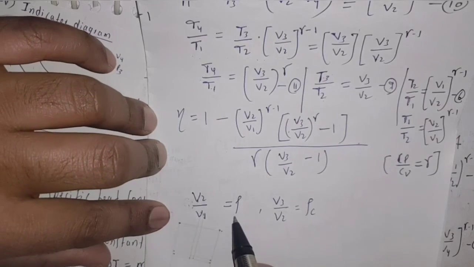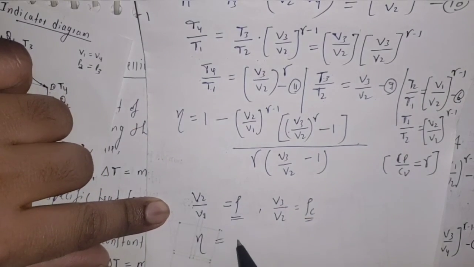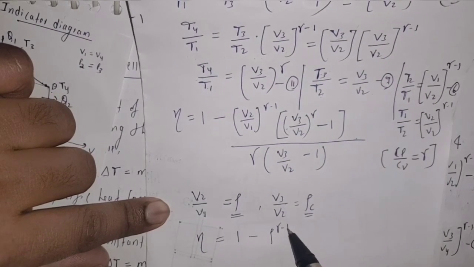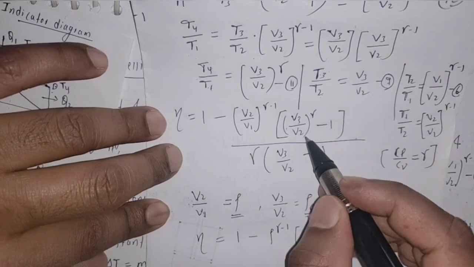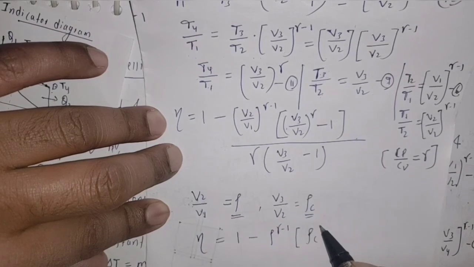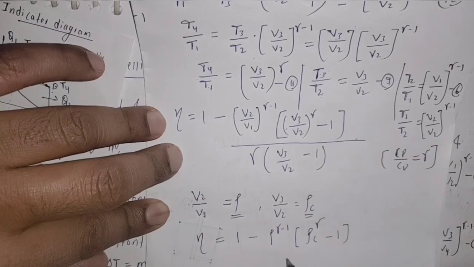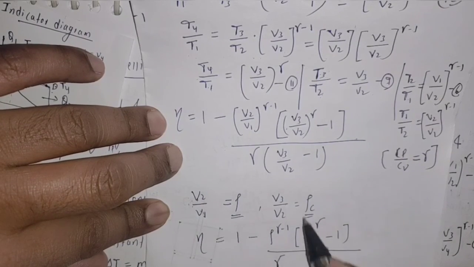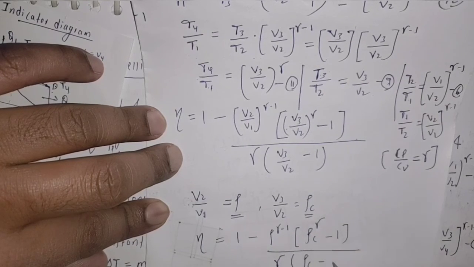Okay, now let us substitute these values in the above equation. Then we are going to get eta is equal to 1 minus 1 by rho power gamma minus 1 bracket, rho c power gamma minus 1 divided by gamma into rho c minus 1,